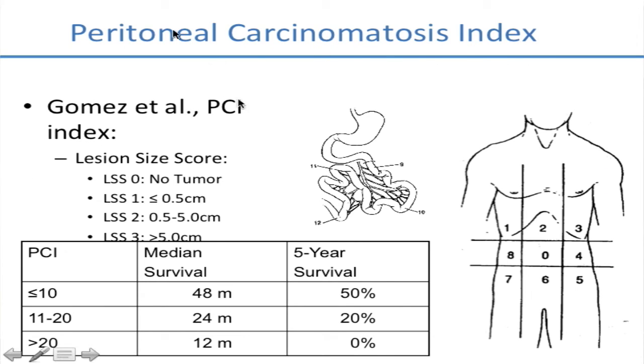Various prognostic factors have been developed, and I listed the most commonly used one, which is the Peritoneal Carcinomatosis Index used by surgeons as a predictor for the ability to perform a good reductive surgery. The score is calculated based on the distribution of the peritoneal nodules in various regions in the abdomen and pelvis, and also the size of these nodules, which will give a final score. And this will be a guidance for the surgeons in terms of ability to perform surgery and the overall prognosis